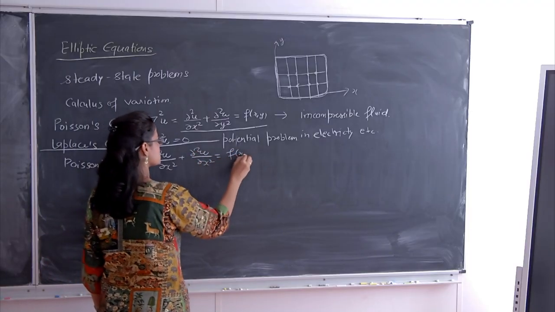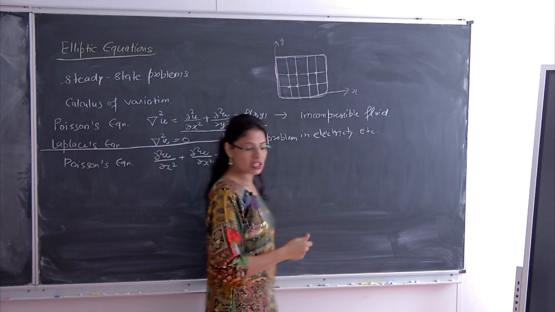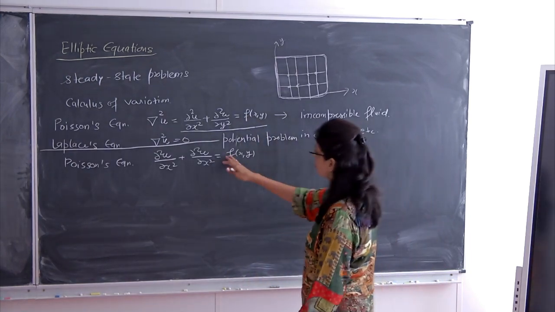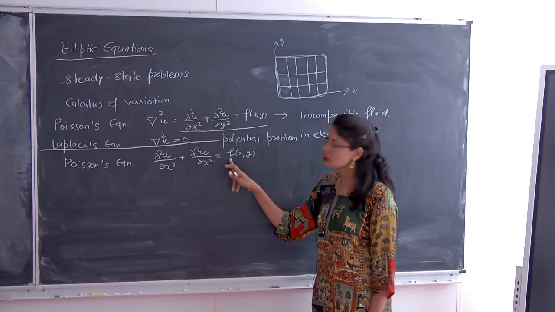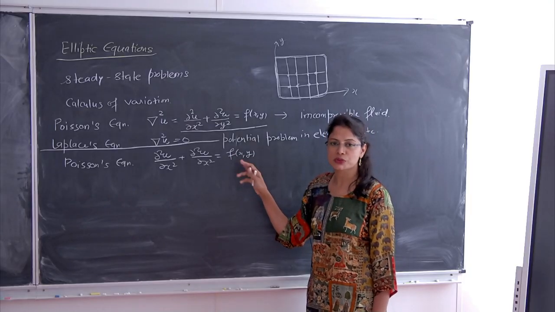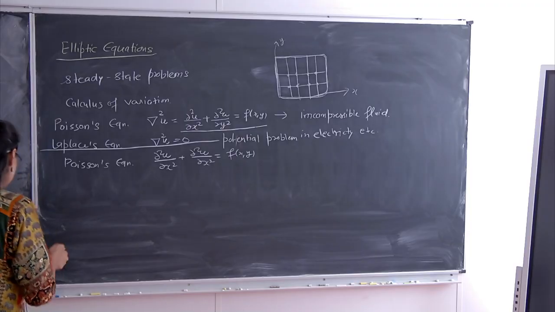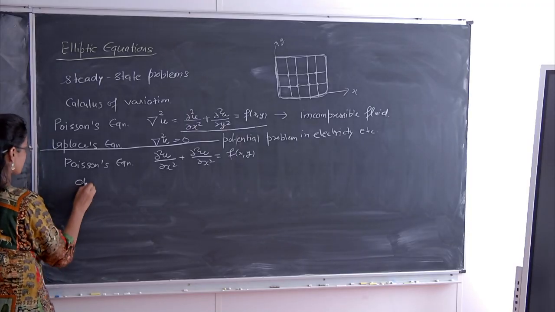With the help of this discretization, I will also try to find the solution of the Laplace equation. There is nothing else; I only have to make one change: I put f equal to 0. So, this is the only change I have to make. Okay, so, let us assume here that this problem is defined